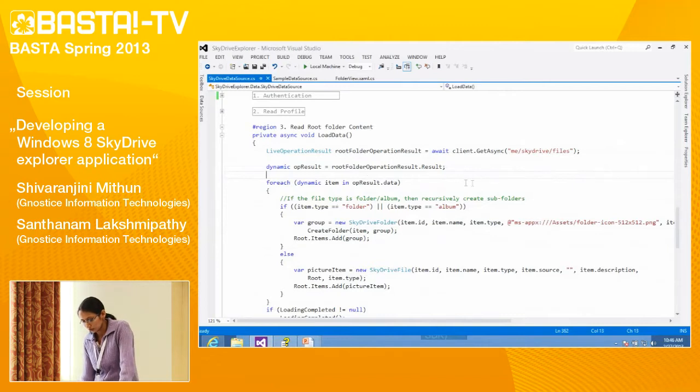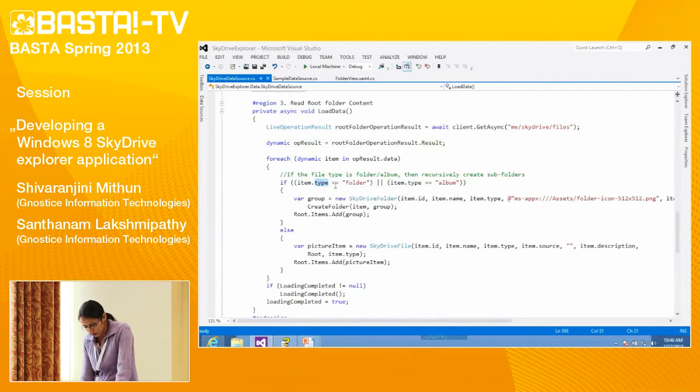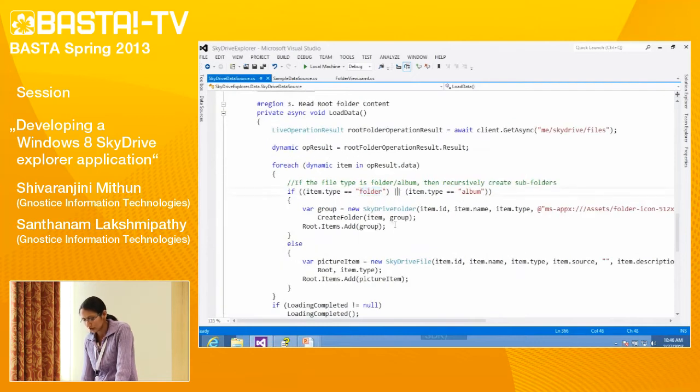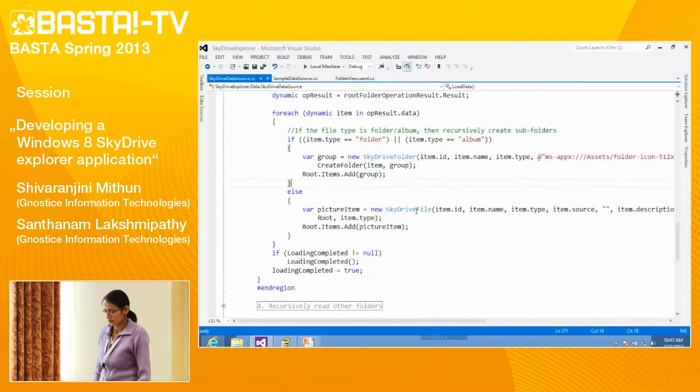So, we are going to call this get async method with me SkyDrive files as the parameters. This will return item iterators pointing to the contents of the root folder. For each item stored inside the root folder, if the item type is folder, we are going to create a folder object, otherwise we are going to create a file object, SkyDrive file.